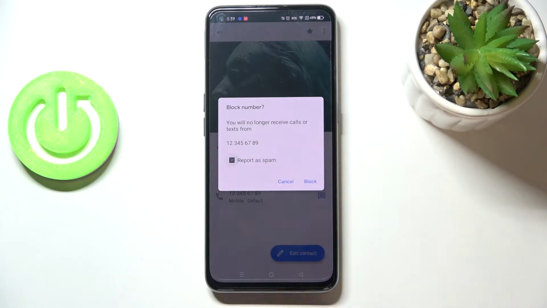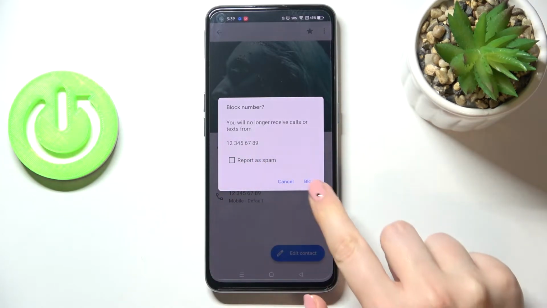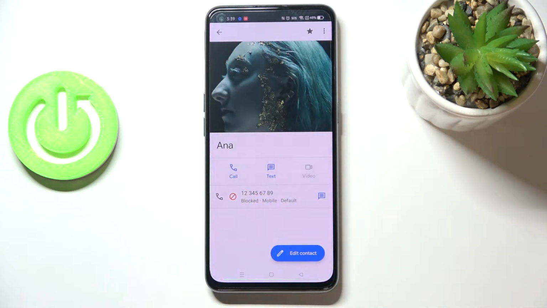So I don't want to report it as spam, so let me untick this option, and if you're ready, just tap on block. And as you can see, we've got this characteristic icon. What's more, we've got the information that this number is blocked, so as it was said, you won't receive calls